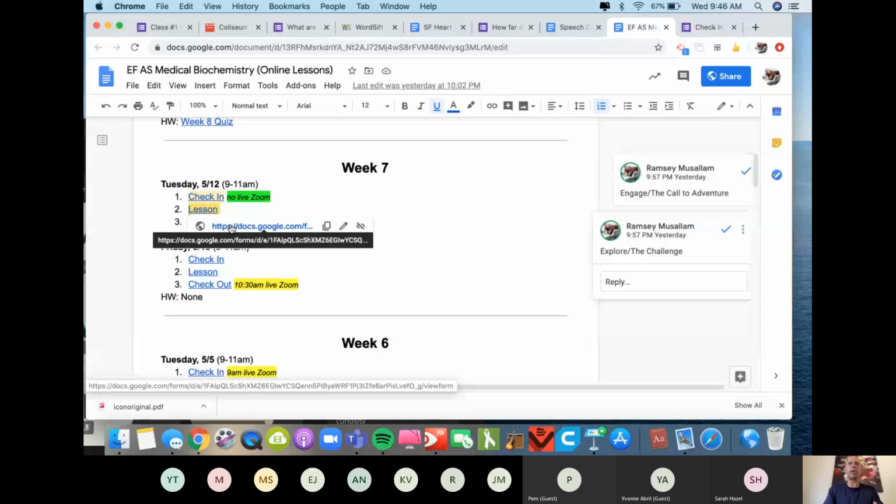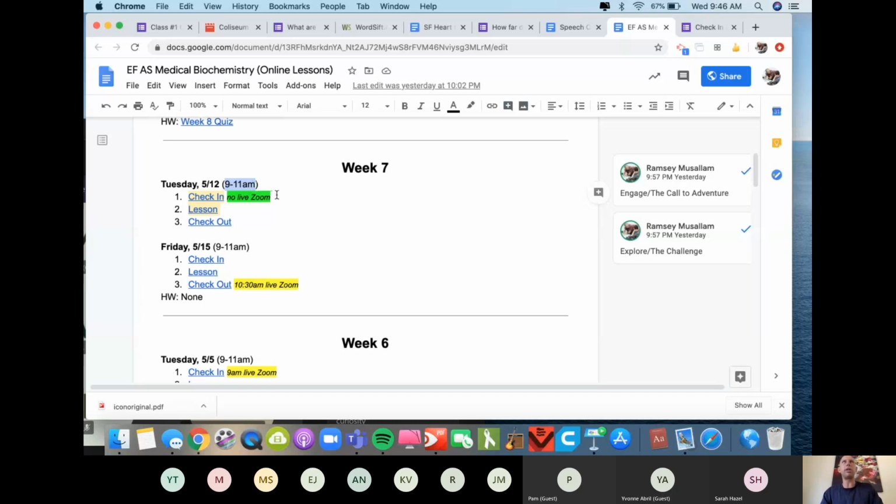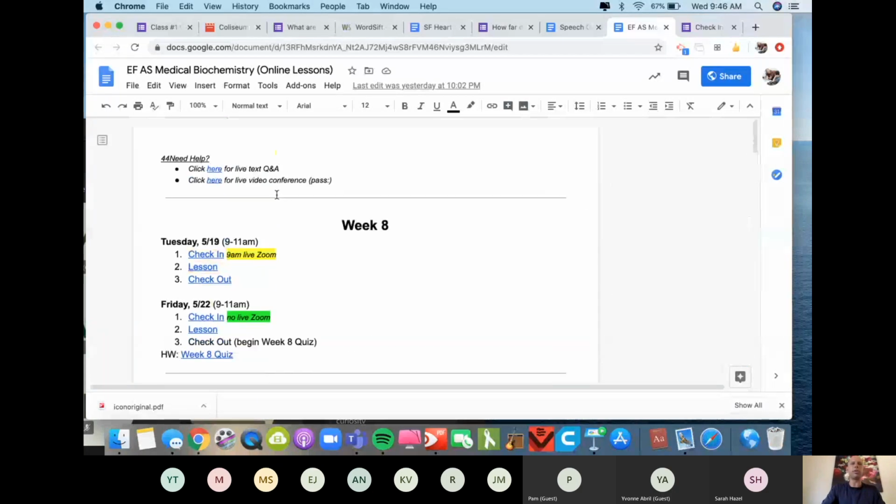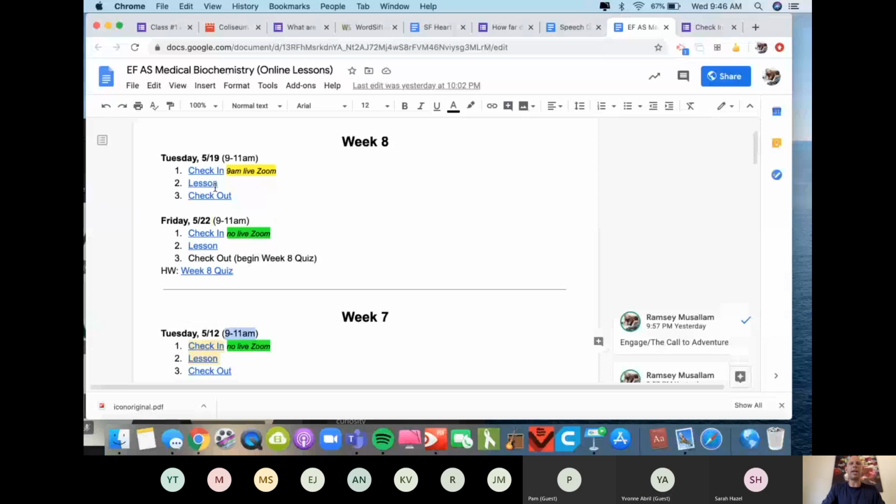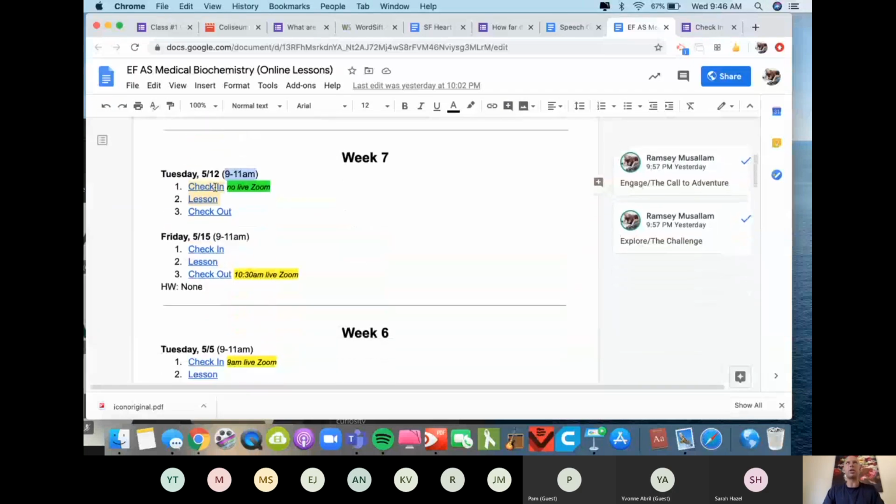You're probably wondering what's happening here. So I'm doing this asynchronously, but it's happening in this block between 9 and 11. Since there was no live Zoom at the beginning of class, there is a room up above here, you can see, where they enter, and I'm hanging out in that room if they have any questions as they go through this. If it was a live Zoom, I would then say, everybody check out this picture. What questions do you have? Okay, log off and go now do the lesson.